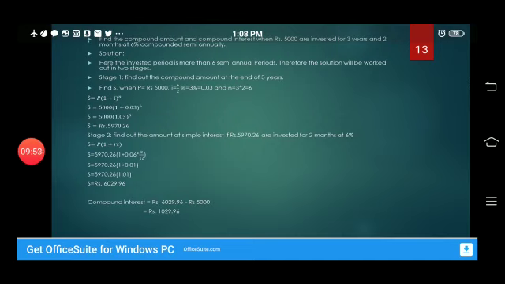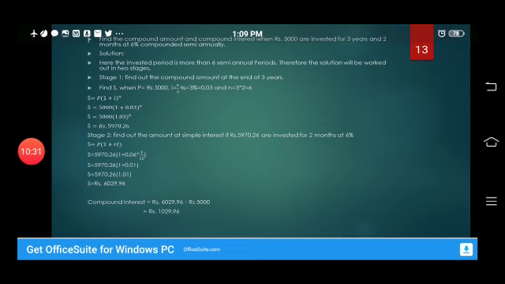अब स्टेज 2 में आपने क्या करना है, क्योंकि अब हम 2 ही मंथ्स के लिए फाइंड आउट करने लगे हैं, तो 2 मंथ्स के लिए आपने ये जो S आया था अब ये P है आपका, क्योंकि हम उससे फॉरवर्ड मूव कर रहे हैं। तो S इज इक्वल टू P इंटू (1 प्लस RT), सिंपल इंटरेस्ट है। अब इसमें हम कंपाउंड इंटरेस्ट को यूज़ नहीं कर रहे हैं, वो कंपाउंड वाला फार्मूला हम यूज़ नहीं कर रहे हैं। तो सिंपल इंटरेस्ट में 2 मंथ्स है, तो 2 डिवाइडेड बाय 12, दैट इज 2/12 आ जाएगा। और रेट हमारे पास जो है वो 6% ही है, पर एनम। इसको पुट करेंगे वैल्यू, सो वी गेट द आंसर दैट इज S इज इक्वल टू